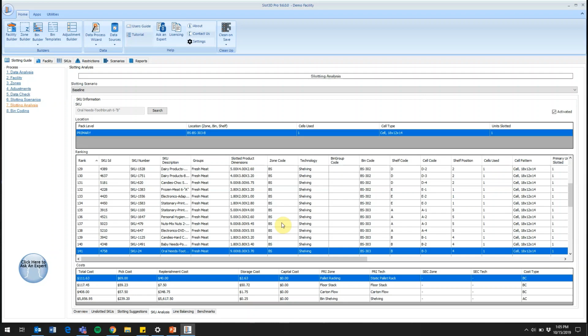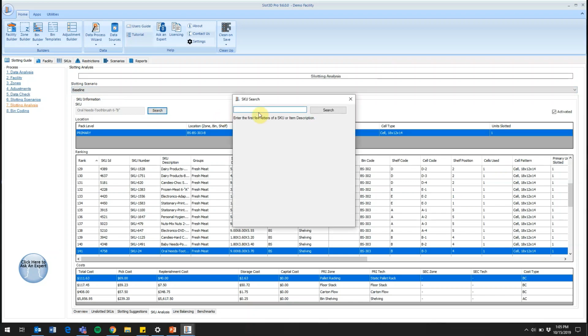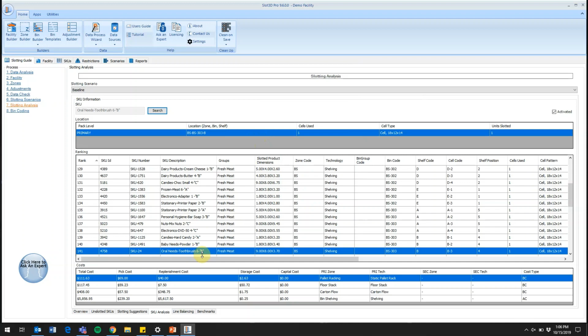To look at a specific SKU within your warehouse, you'll want to be in the baseline slotting scenario. If you click on this search bar, you can search any SKU that is within your warehouse. I'm going to search for SKU number 24 within mine. This report is ranking all of your SKUs, and it is highlighting the one that I just searched for,